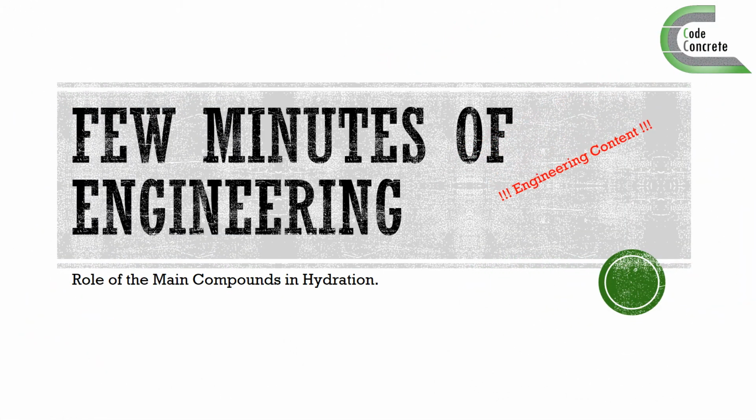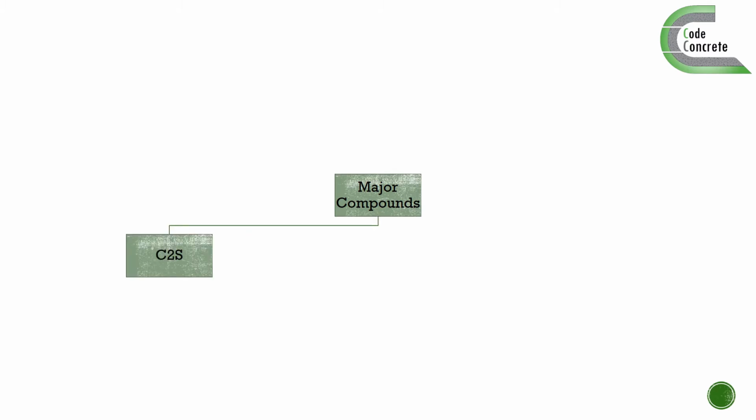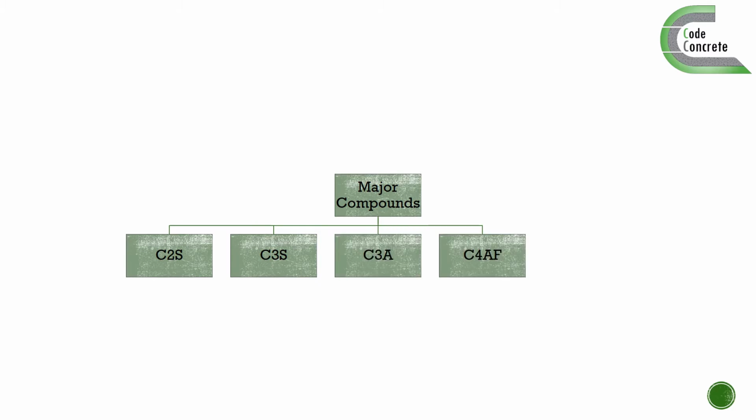Warning: engineering content. A few minutes of engineering. Role of the main compounds in hydration. The major compounds that react during the hydration of cement are dicalcium silicate C2S, tricalcium silicate C3S, tricalcium aluminate C3A, tetracalcium aluminoferrite C4AF, and gypsum. The amounts of these compounds and how they react affect the initial and final properties during and after the